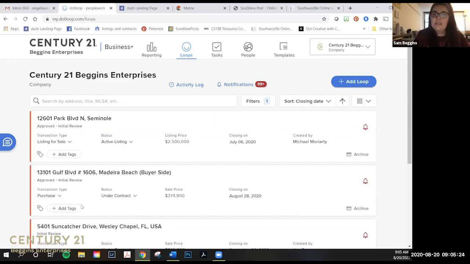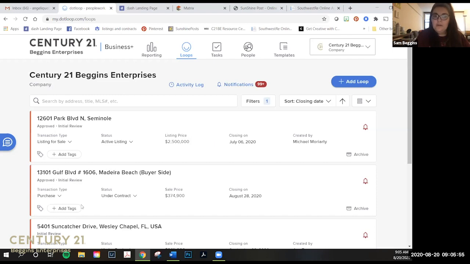So it's kind of like a client view. They're only going to see what's shared to them. You're only going to see what's shared to you. And really what I say is when they have their own loop, copy the documents from that loop to your already existing listing loop, create a new folder, and use your existing listing loop for your documents. Just copy them over. So when Ange gets back, we can show you how to copy documents from one loop